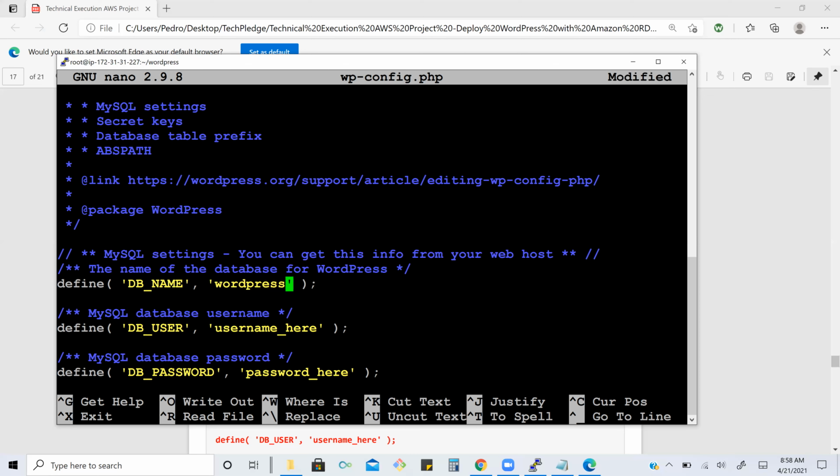Scroll down. Use the arrow key. Now it says what is your database server connection name, right? So just remove the localhost and we are going to copy and paste my RDS server name from my notepad.